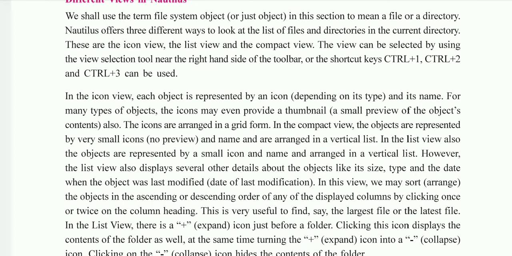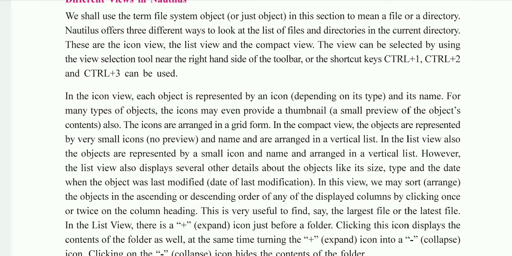So these are the three views we have discussed: icon view, compact view and list view. Because of the list view features, it is very useful to find which is the largest file in the system and which is the latest file that you have created in your system.